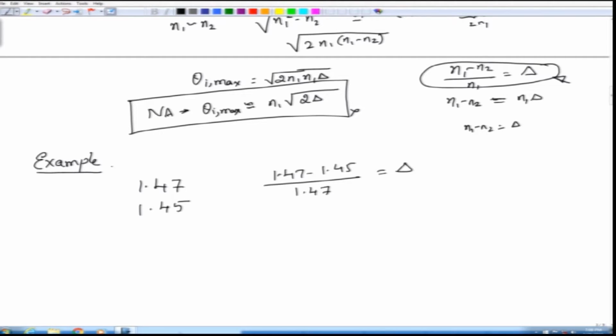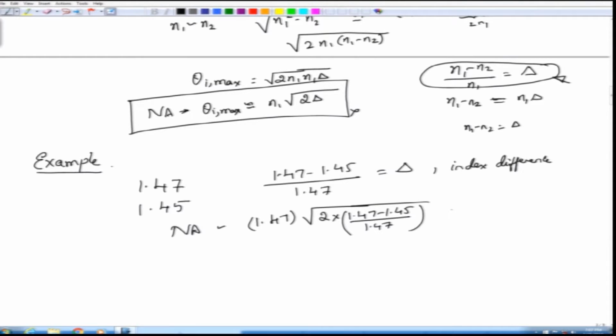You can calculate this, and then from here you can calculate what should be the numerical aperture. The numerical aperture is given by 1.47 times square root of 2 into this delta, which is 1.47 minus 1.45 divided by 1.47, and it turns out that this numerical aperture is approximately